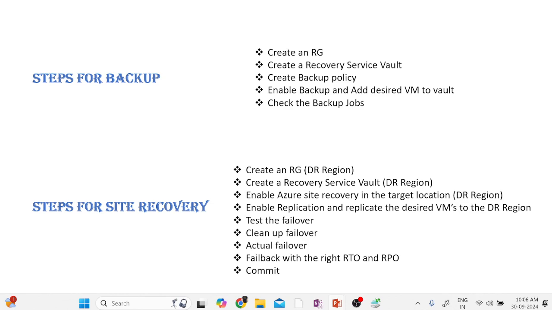But for site recovery, you need to create a recovery service vault not in the primary region, but in the secondary region or the DR region, because you are going to safeguard the application in the DR region. If something goes wrong with my primary region, then I should have an option of recovering or calling my business continuity from the secondary region. That is why you have to create the recovery service vault in the secondary region, and